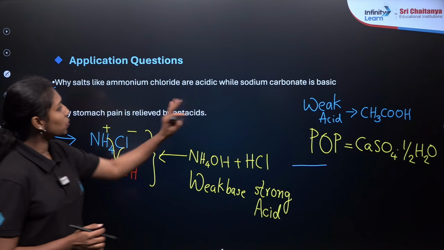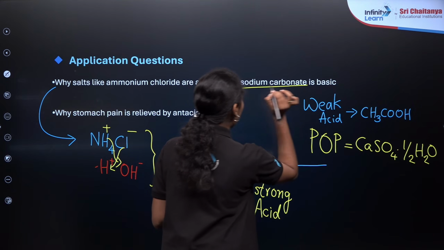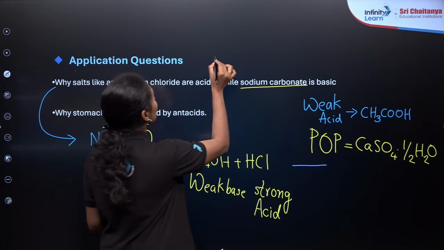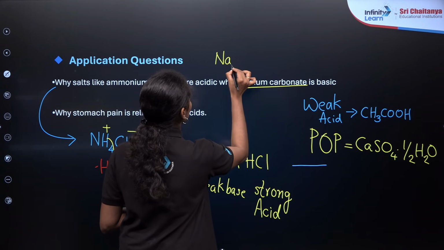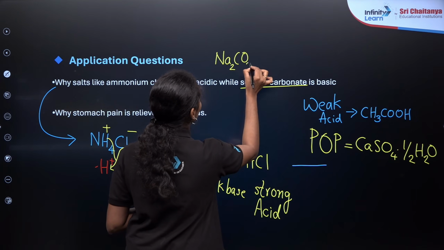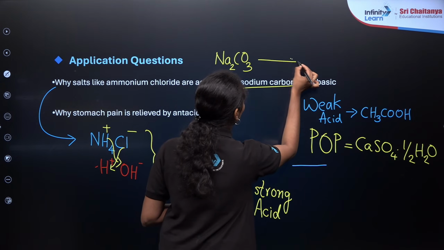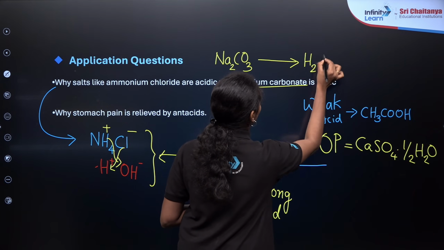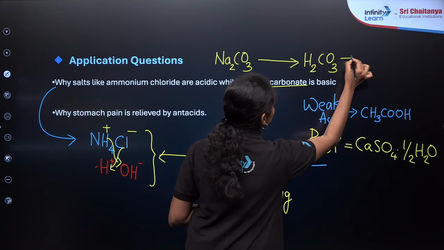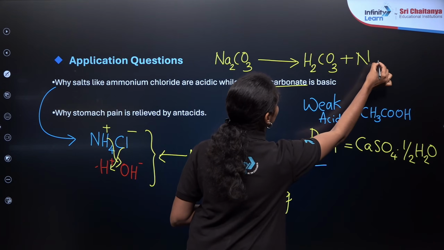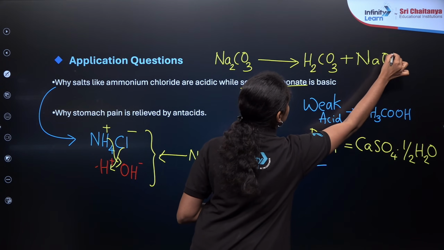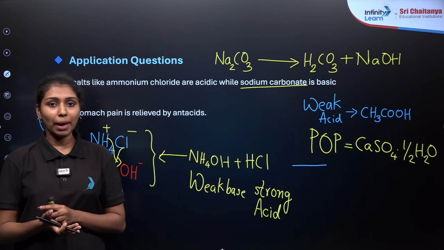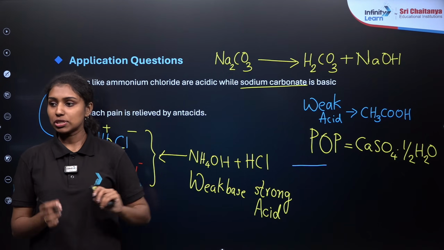Then what about the next one, sodium carbonate? You need to identify the parent acid as well as the parent base for sodium carbonate. So if I write here, sodium carbonate means Na2CO3, right? If you break it down, it forms carbonic acid H2CO3 plus NaOH. So what is the nature of this acid and base? I hope you understand how to find the parent acid and parent base, right? First you need to take the